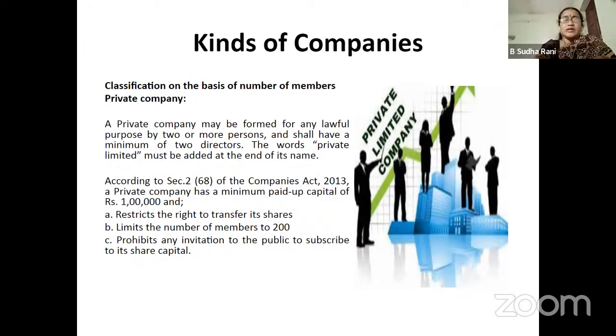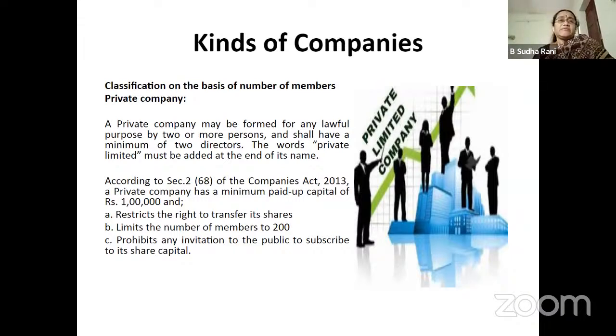So they will not issue any prospectus. Okay. And the liability of the numbers is, okay, here private limited company, no? Yeah. Private limited company, you have as per the Amendment Act, 200 the maximum number of members can be in the private limited company. So if you look into this private limited company, I say how to remember private company.